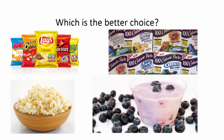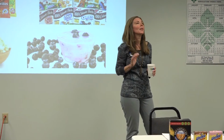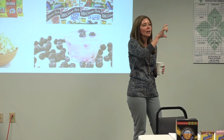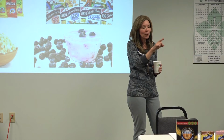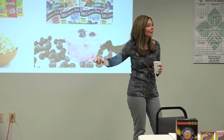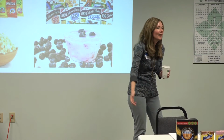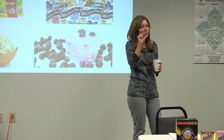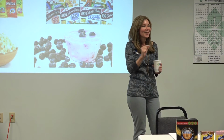What would be the best kind of yogurt for this? Well, I'm gonna give you two choices. Would it be yogurt that has a whole bunch of jelly at the bottom of it, or would it be plain yogurt? Plain yogurt, because that whole bunch of jelly is simple carbohydrate. Remember the simple carbs that were like the ice cream and the candy and fruit juice, the bad fruit juices and stuff? Okay, that jelly at the bottom of yogurt, I'm sorry to tell you this because everybody loves yogurt